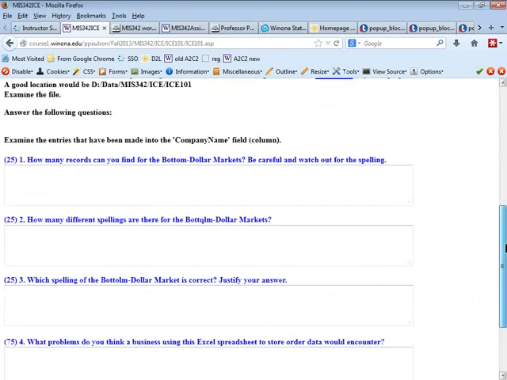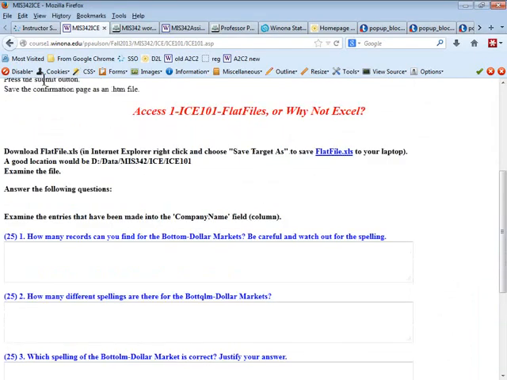All right. So the moral of this story is Excel is not a very efficient way to store the data because you have duplicate data, you have holes, the Swiss cheese stuff in the data. It's not a very efficient way to store it. When you try to go back and retrieve the data, when you have multiple different values for the same thing, like different ways of spelling the company name, that is not good. Because what you've got to think about, all that data in the database, eventually you're going to want to write reports with it. So if you're trying to do something as simple as mailing labels,